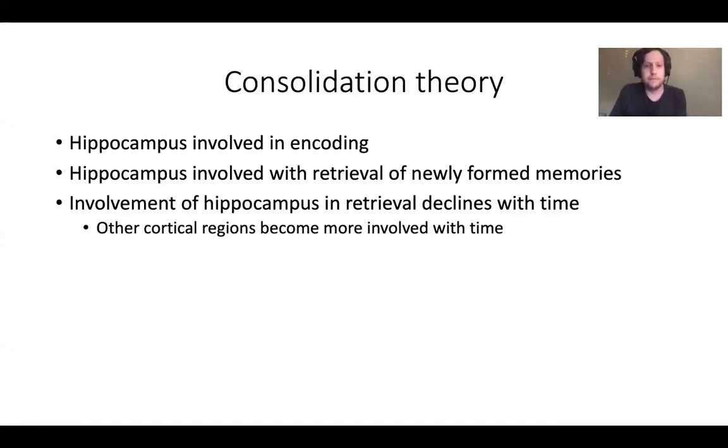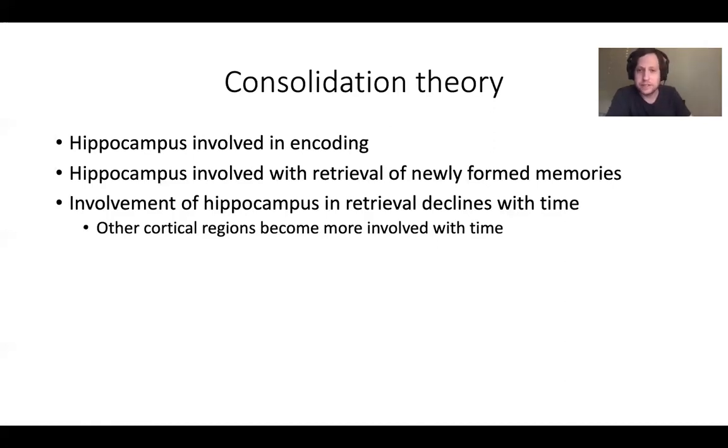However, the hippocampus involvement in retrieval declines the further along in time you go relative to the original formation of that long-term memory. So if I meet a person and then I run into them 30 days later, and I have to remember their name again, and you look at which regions of my brain are most activated when I'm retrieving the memory about this person's name, you're going to most likely see less activity in my hippocampus 30 days later than you would 1 day later when I'm trying to retrieve the person's name. And the explanation for this is consolidation.